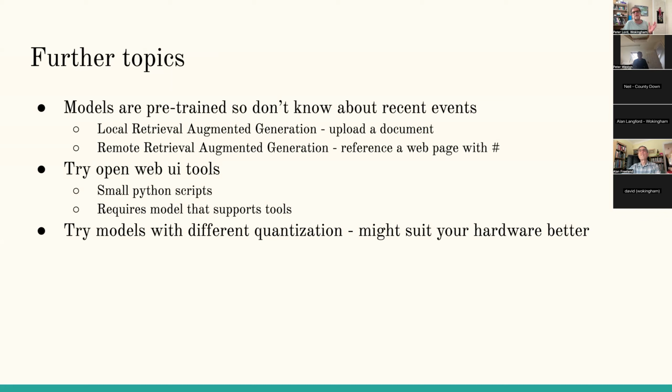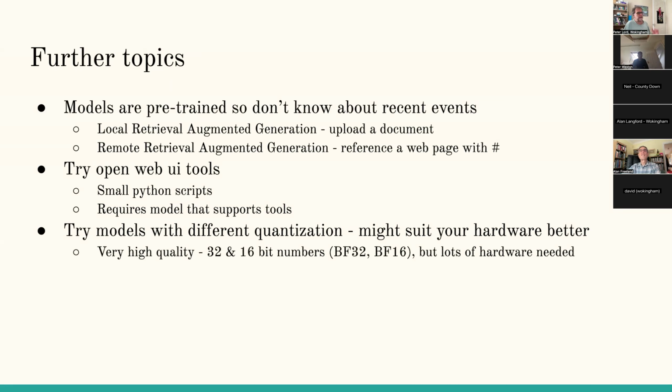Try models with different quantization settings that might suit your hardware better. And we did have this question, what these numbers stand for. If you've got a very high quality model, they are probably going to use things like BF32 or BF16. They're going to have that in the file name. Those are very accurate sums in the model, but you're going to need lots of hardware